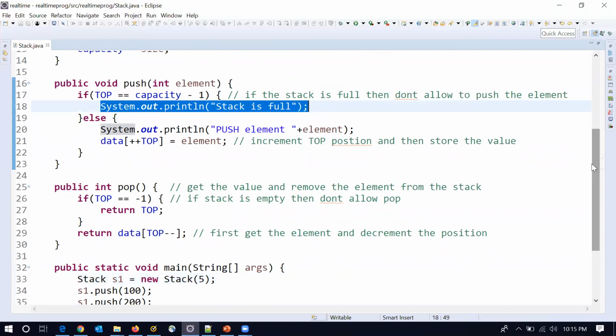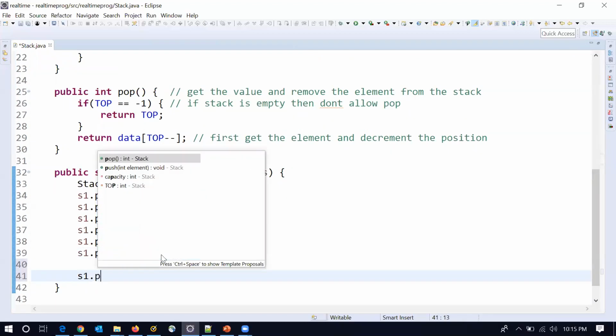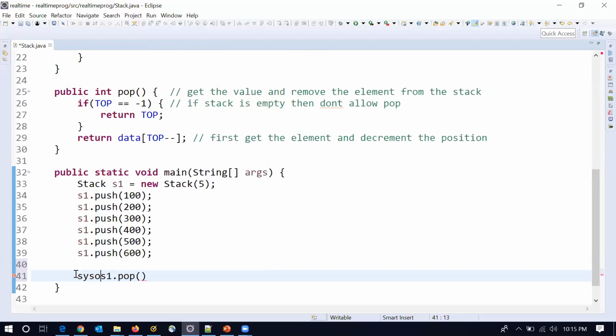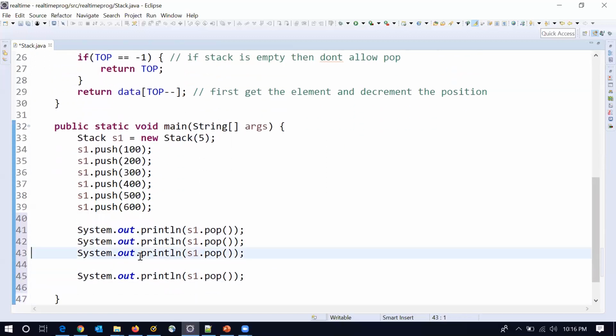Fine. Now in this way we can execute pop also. What I will do is s1 dot pop. I can simply call this function and store the output directly into system output. In the same way I can call pop multiple times: one, two, three, four, five.